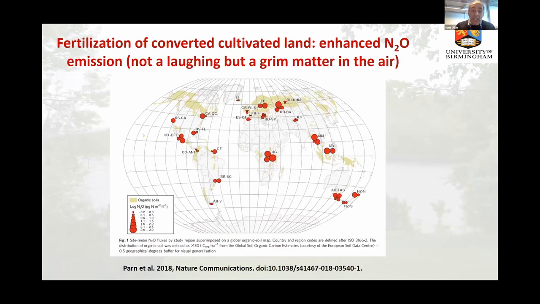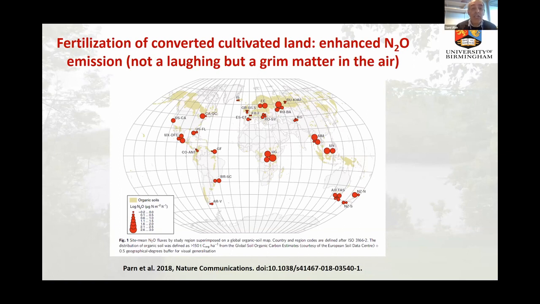So once we converted the natural ecosystems to produce food, it not only led to the loss of the carbon in the soil, but we also came up with additional stressors for the atmospheric burden of global warming, in the case of nitrous oxide here. This figure shows, in this light yellow color, the global distribution of organic soils. And this is a study we conducted globally using the same experimental protocols to measure nitrous oxide emissions from organic soils drained and used for agriculture against undrained